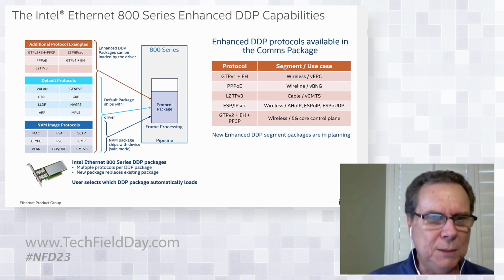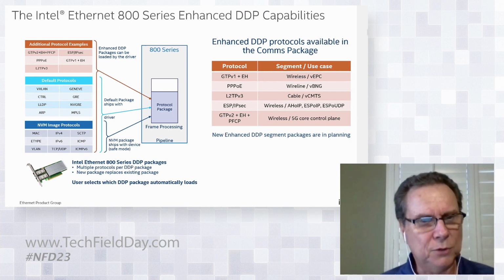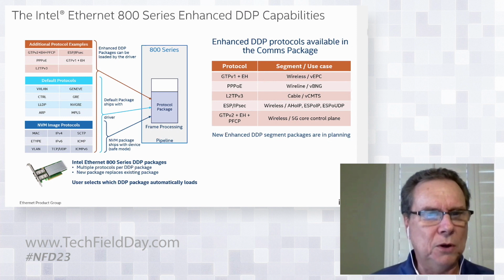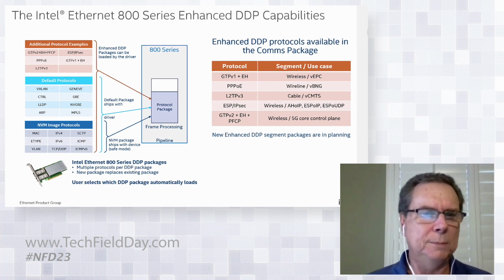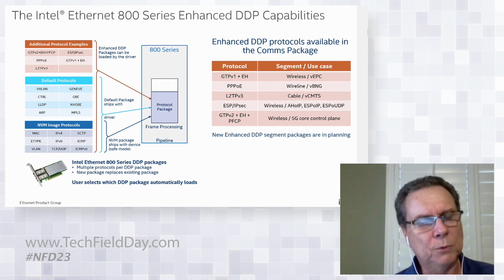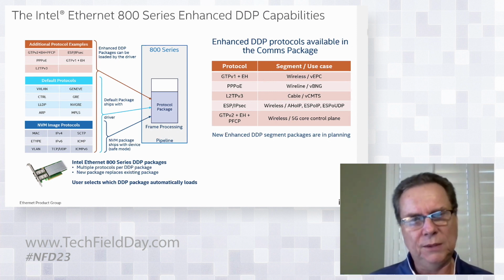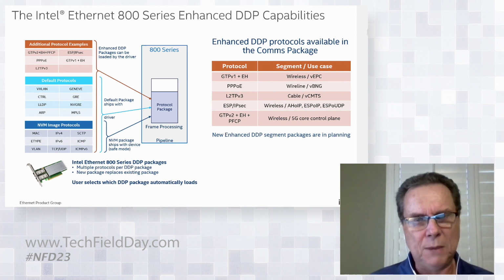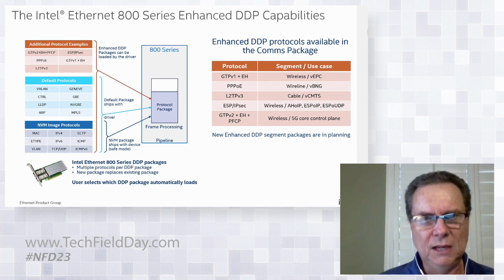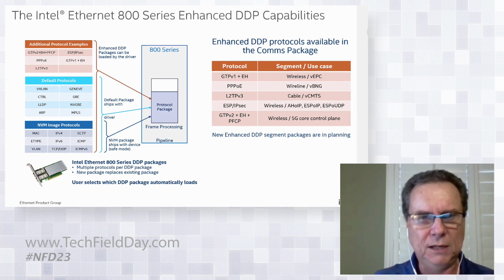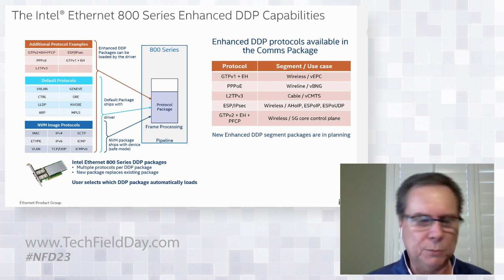And then we have these enhanced DDP packages, which can be loaded by the driver. It can be loaded through the DPDK driver, for example, or a standard Linux driver. These enhanced DDP packages include not just a single additional protocol or one or two protocols like on the 700 series, but can include multiple protocols. So you can see on the right side, we have our first DDP package that we've offered for the 800 series. We call it a comms package. So that has 5 different protocols available for the communication service providers to use to enhance the performance of their